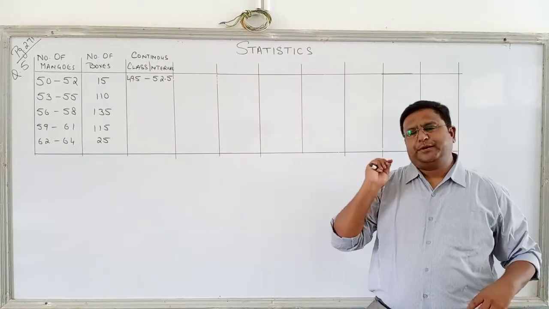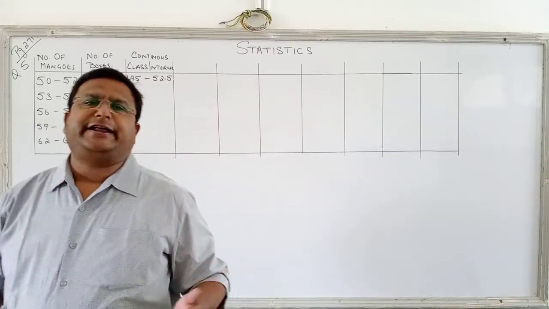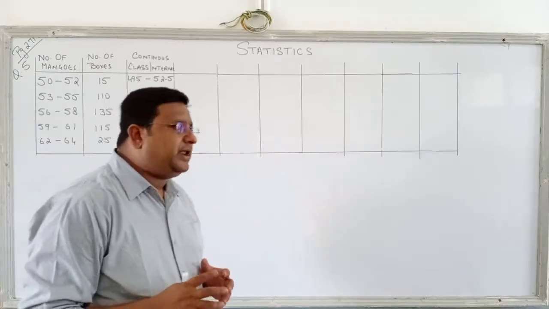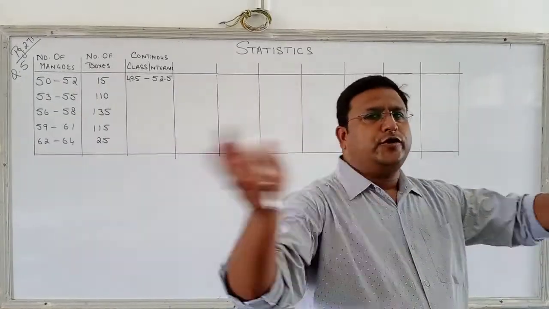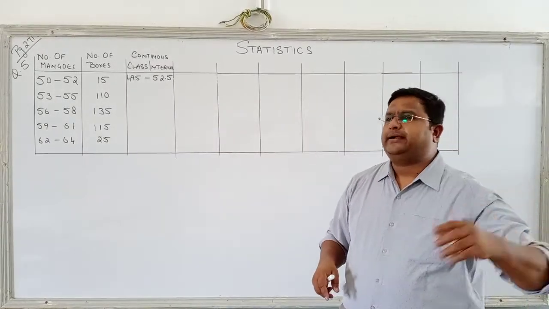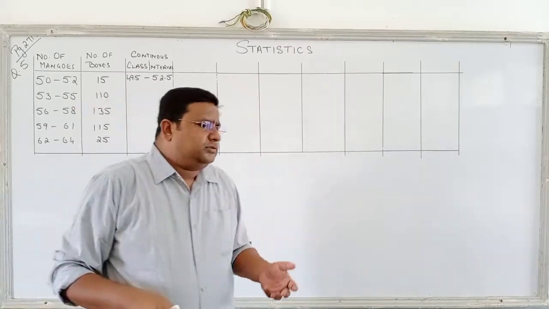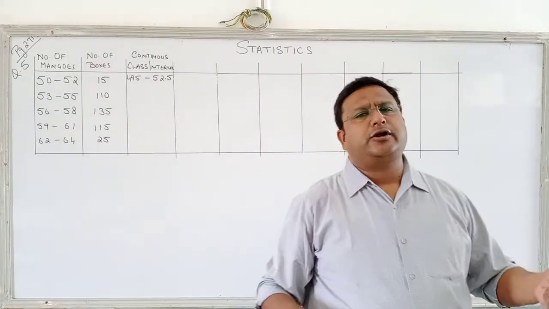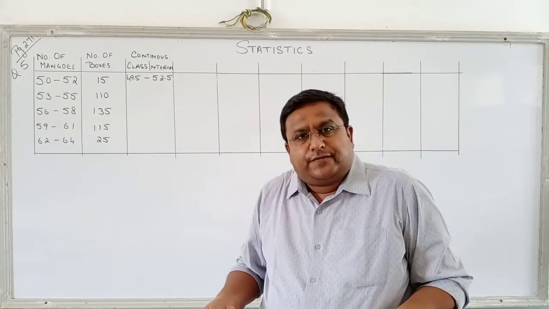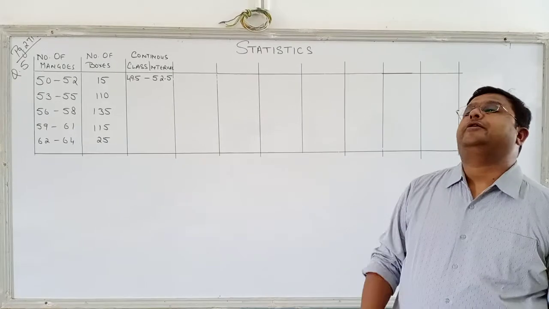Clear? There are four topics over here: mean, median, mode and representation, that is the ogive, that is the last exercise. Today we are starting with mean. Now what is mean? Mean means average. All of you know how to calculate your average. If you get a test out of 20, in one test you got 19, the other you got 20, the other you got 15, 16 and 5. All of you can find the average. That is mean. So today we are going to discuss mean.